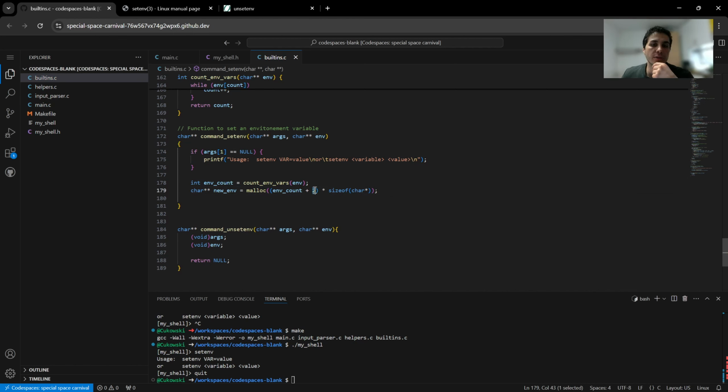We will add +2 because we will be adding 2 new variables and they will be strings. Let's say in this case my variable equals money, or I can just say some number. So we will be allocating 2 extra spaces for our variable and our value. Like we said here, we will have a variable and value, so we add 2, and we will check for